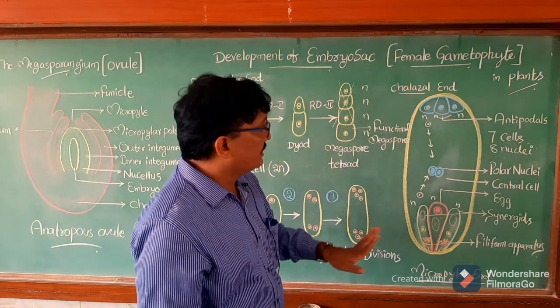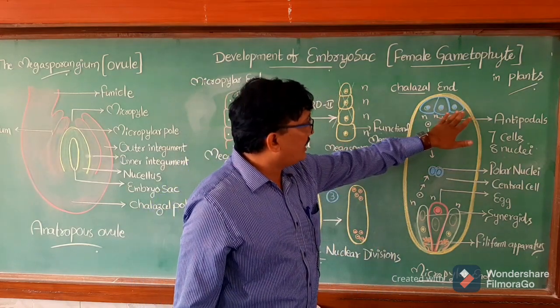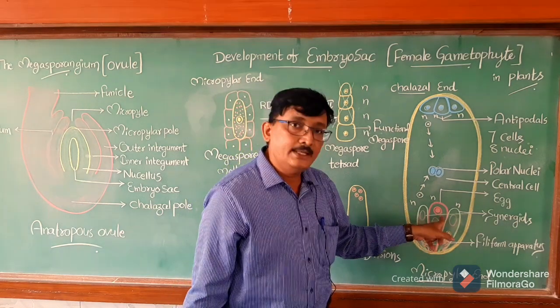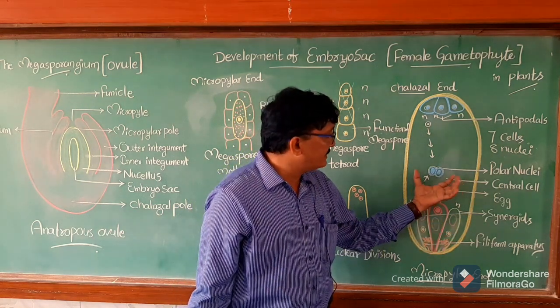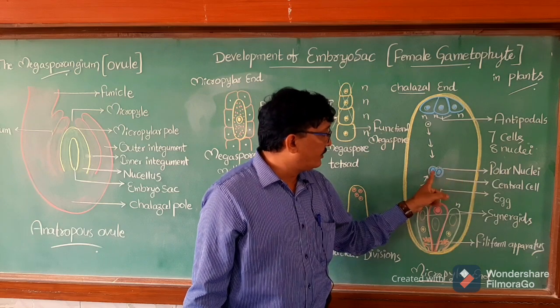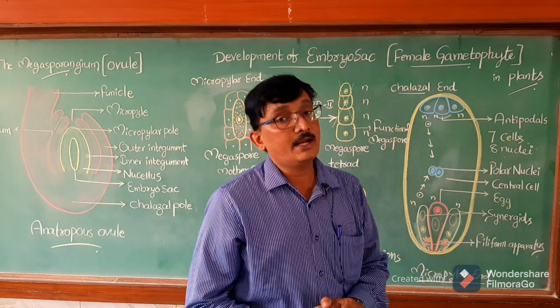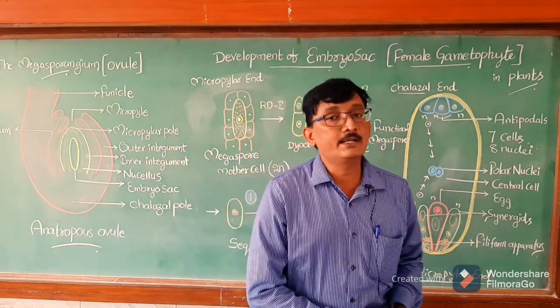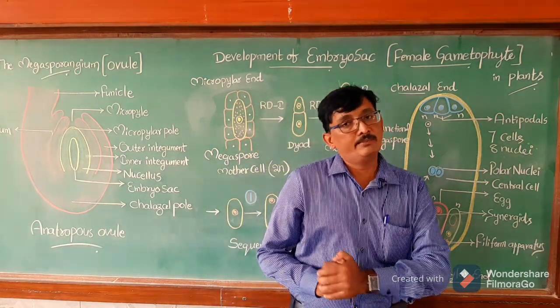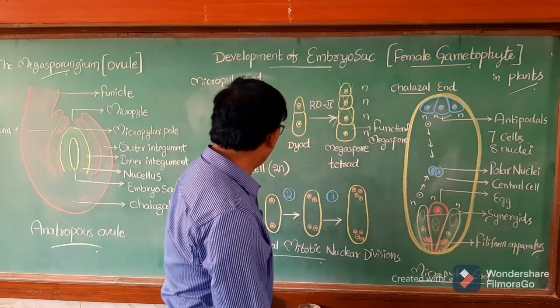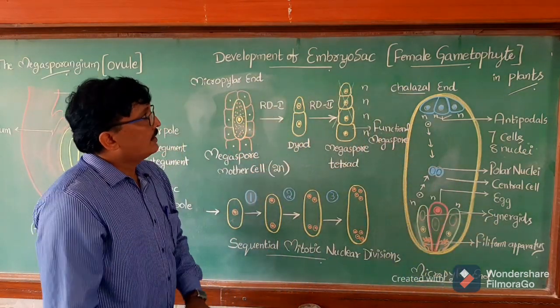In this embryo sac, the 3 antipodals are haploid, the 2 synergids are haploid, and the egg cell is also haploid, but in the central cell there are 2 polar nuclei. These 2 polar nuclei fuse together and form the secondary nucleus, and that secondary nucleus is diploid because of the fusion of 2 polar nuclei. So, this is all about